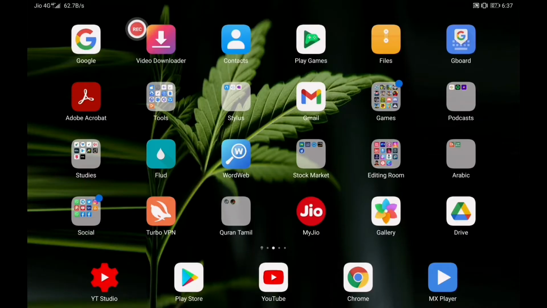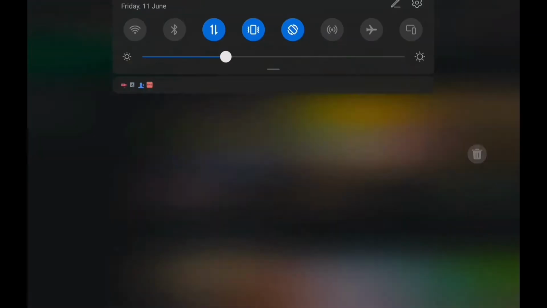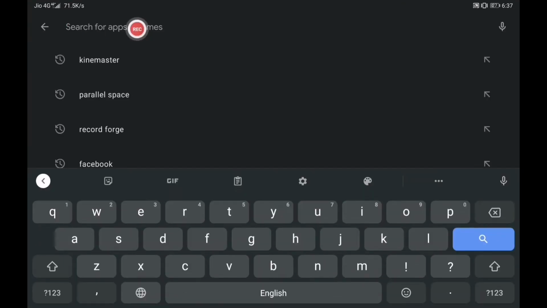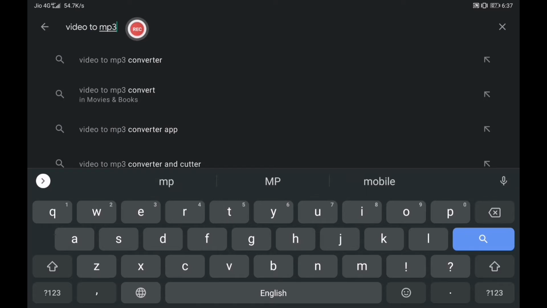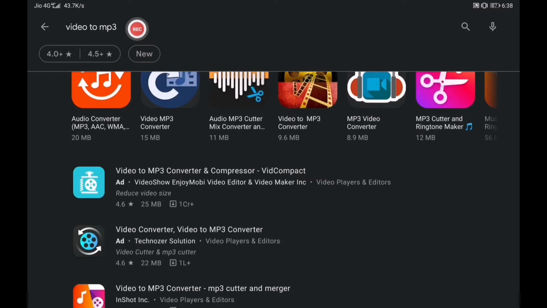So now what we have to do is extract that audio so that we can remove noise from that audio. To do this, over the Play Store, there are a lot of apps. Let me try video to MP3. If you type that, you see audio converter, video MP3 converter, audio MP3 cutter, video to MP3 cutter.